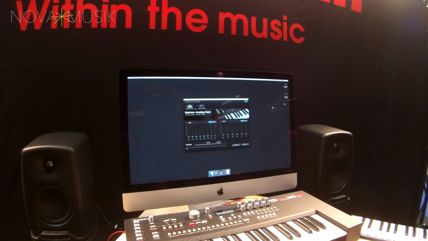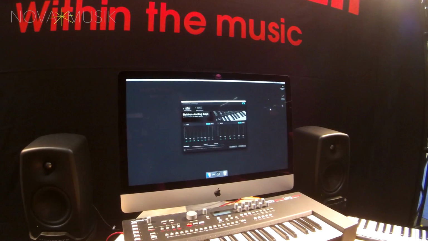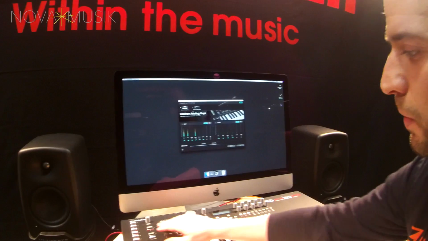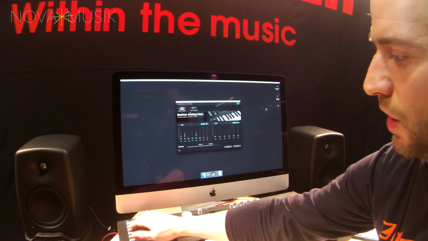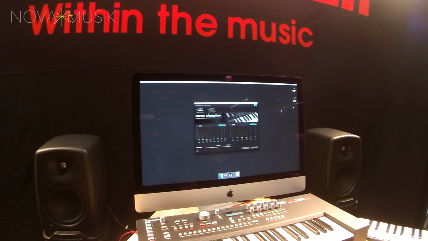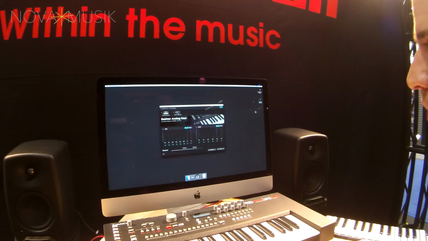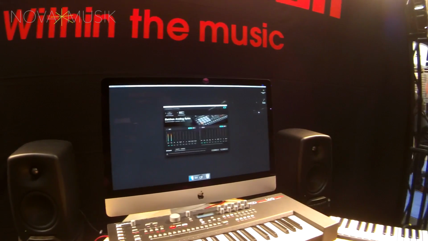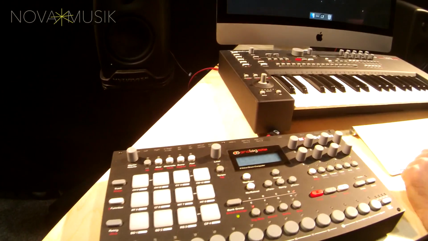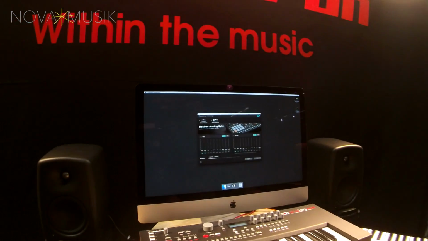I can see that the Analog Keys is connected, it's got a green button here, and the audio is being fed through. And when I change the tracks, I can see that it's picking up different tracks. And the Rytm is also connected, and you can see that it's sending audio out. But we can't hear anything, so I need to